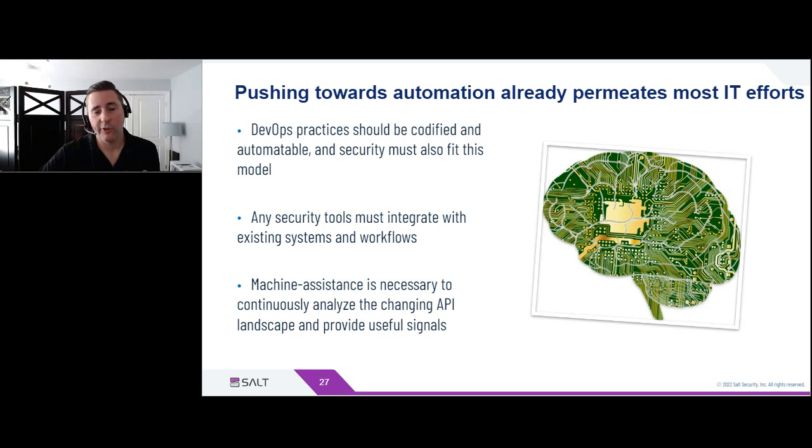Otherwise, you're going to be kind of a roadblock or barrier. This is the basics of security, right? It doesn't change. We need to automate in order to keep pace with business. I've talked about this throughout. I think it was actually in the first prediction, but machine assistance is the only way you're going to be able to keep on top